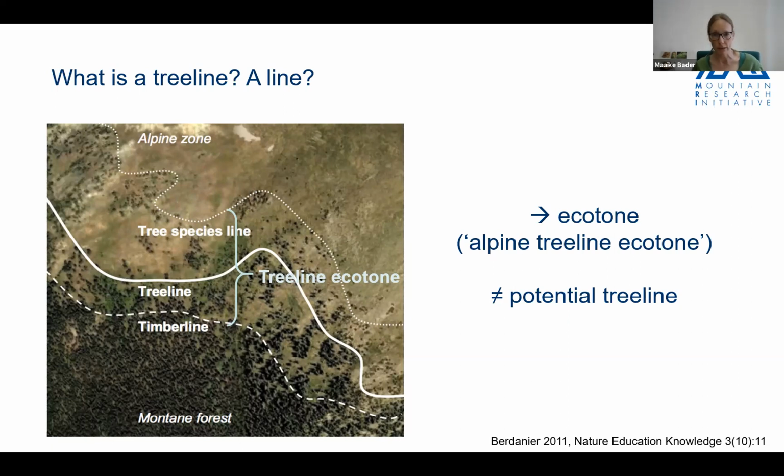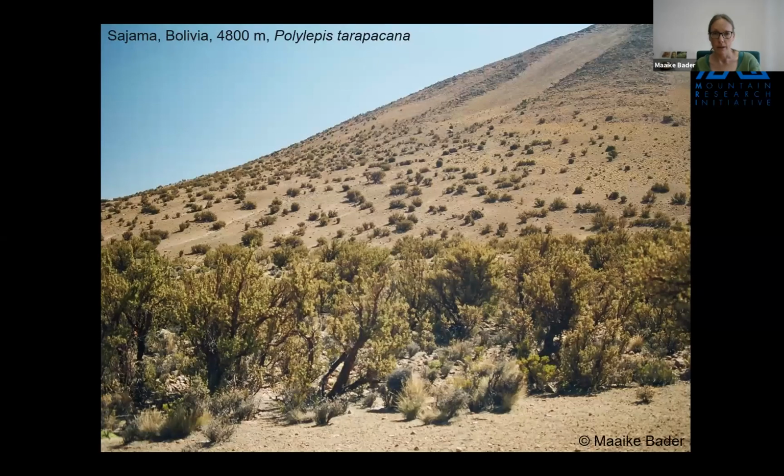So we're not talking about potential tree line here today. We are talking about the tree line ecotone. And this tree line ecotone can have very different shapes in very different parts of the world. And we think that that is an important feature, that we can learn something from that. And that's why the title of this talk was what tree line can tell us. So I'm not going to talk about all the historical events that tree lines might have lived through because they are so old or anything like that. That is also very interesting, but I'm going to talk about what they can tell us by the patterns that